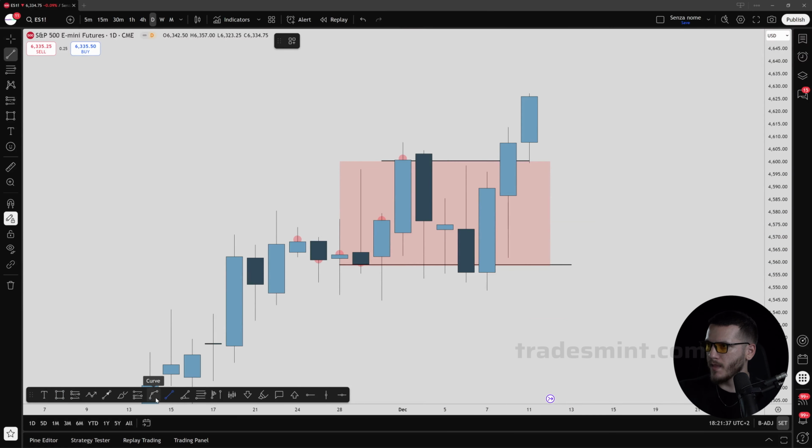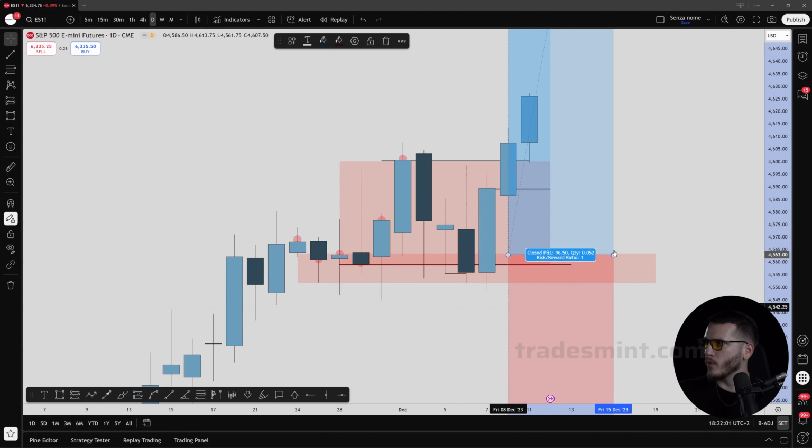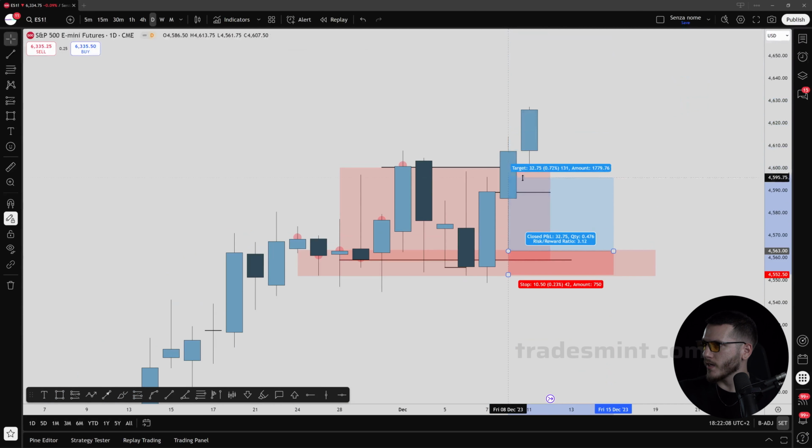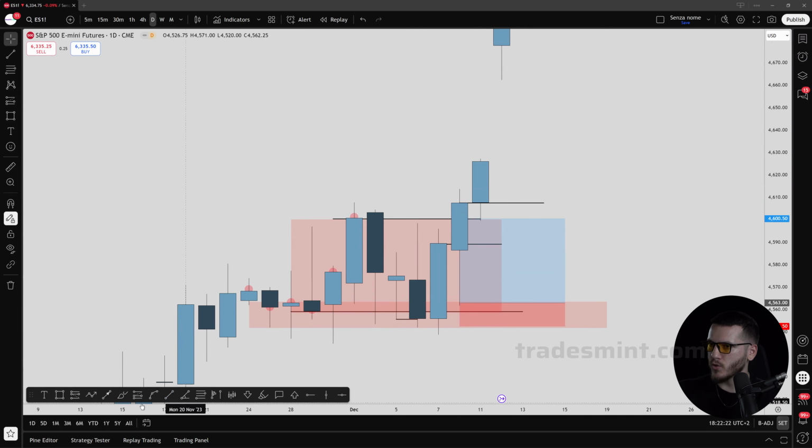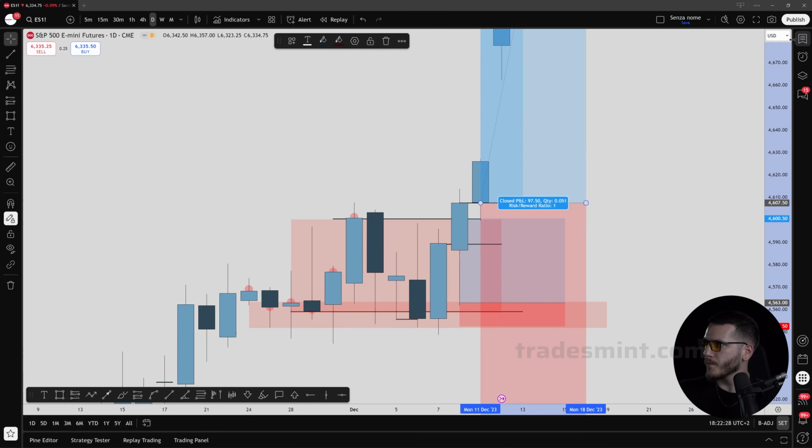Once we have a qualified range, we have a candle closing below, and then a candle closing back inside. So what we do is we wait for a retest, which happens on this lower area. And this is our long position. The first target is on the other side of that range. The next setup happens as soon as there is a higher close above the range. So we close above the range, and the next setup, as I told you, is whether we buy as soon as this candle closes,